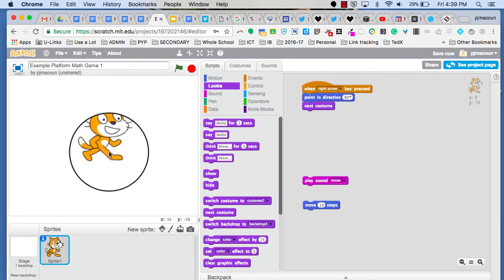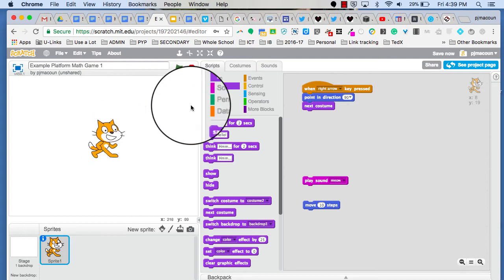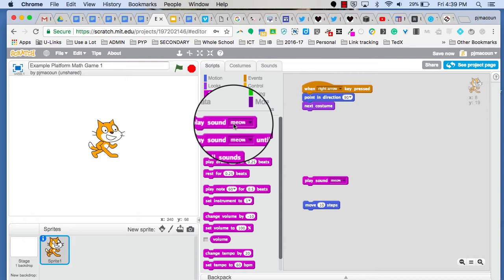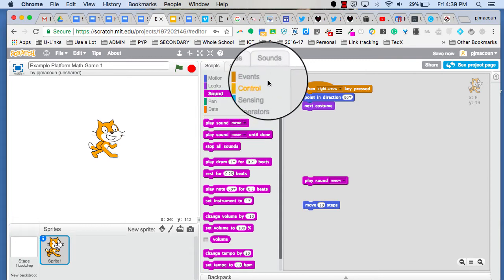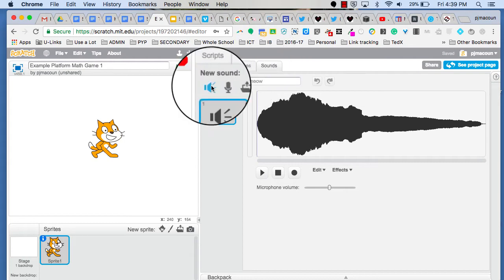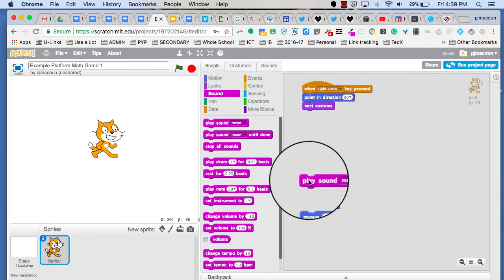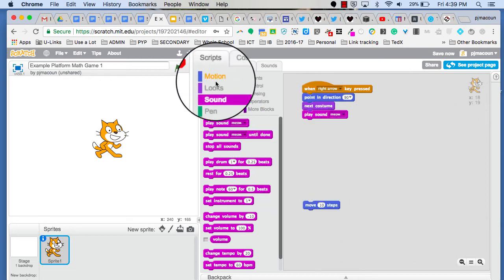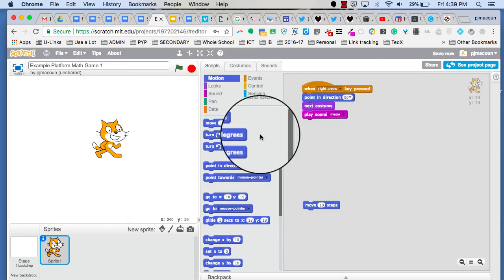Now I want my sprite to make a sound, so in sounds here, I went and clicked, and the sound meow is built in, so that's an easy one to start with. To add more sounds, I have to go over here to my sounds tab, and I can add more sounds. So I'm going to attach the sound,